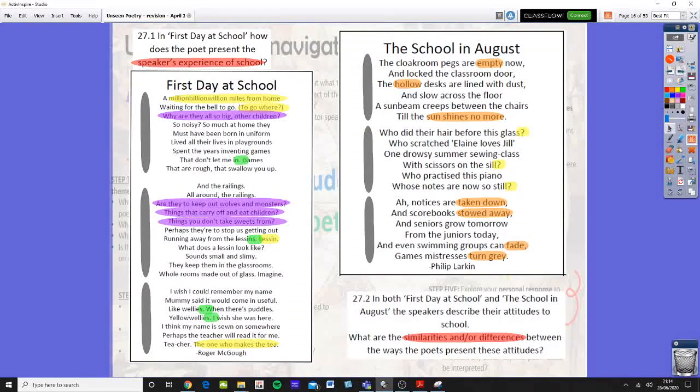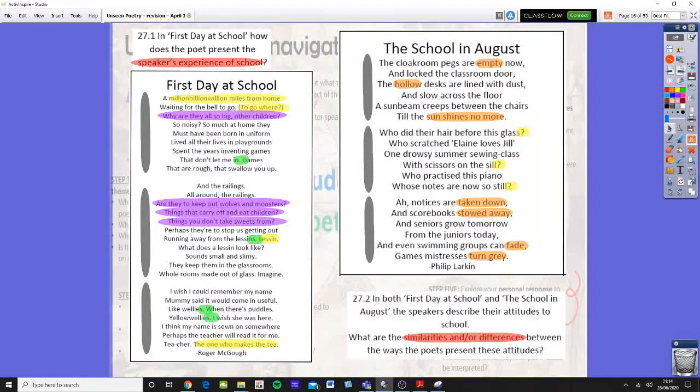Okay, so that's question one of the poetry question, which I think is 27.1. Now, the second part of it involves you making a comparison. It's 27.2, which is only worth 8 marks, so it's worth a lot fewer marks than 27.1, but it's still worth doing. So what I would like you to do now is to pause the video once more and to see if you can look at this second poem, The School in August, which is quite different, and make some